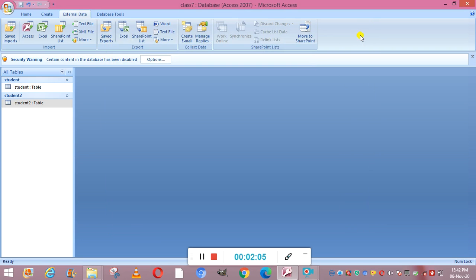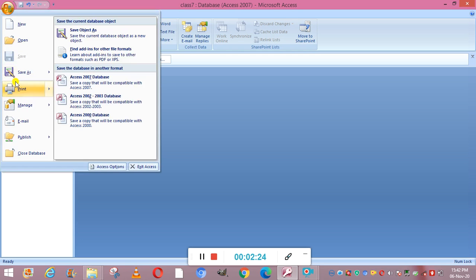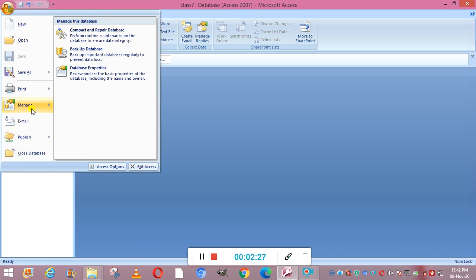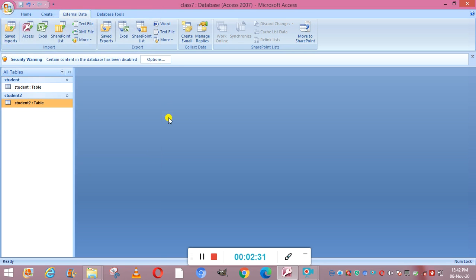Then after that, a project has been given that Rajesh has created a database that lists the vegetarian restaurants in his area. So help Rajesh delete the records of 2 restaurants from his database. So I've told you how to delete the record. You will go to the Office button. From there you will go to the Backstage view. This is your Backstage view. Then you will click on the Open button. From there you will open the database in the Datasheet view, and from there you will select those 2 records and just delete them. Okay,